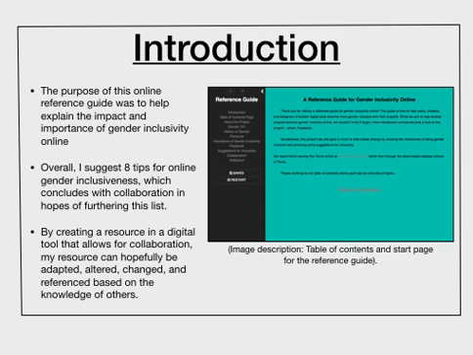oppression. For this paper, I will be reflecting on an online resource I created on Twine and publicly shared on GitHub. The resource, A Reference Guide for Gender Inclusivity Online, was created in 2019 as part of a digital humanities course. The purpose of this online reference guide was to help explain the impact and importance of gender inclusivity online. I argue that while many platforms have seemingly strived to create a form of gender inclusivity, the male-female gender binary problematically remains the default. Overall, I suggest 8 tips for gender inclusiveness online, which concludes with collaboration in hopes of